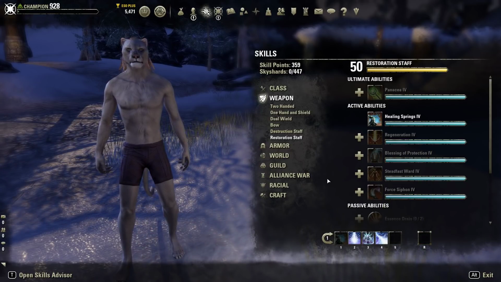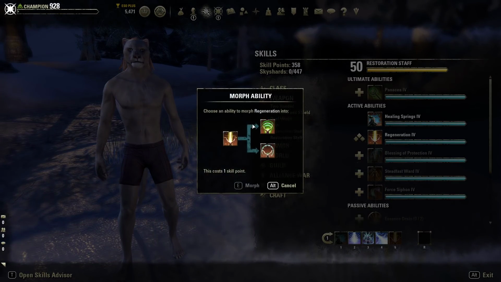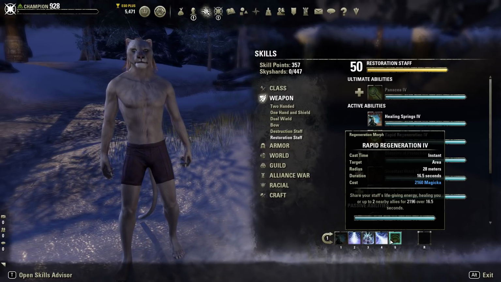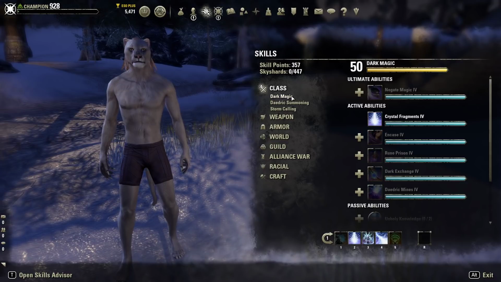I would just do that. Then when I unlock another resto staff ability, I would do this. So this way I have 2 resto abilities and 3 class abilities. Then what I would do is when I got up to a higher level where I can unlock an ultimate,